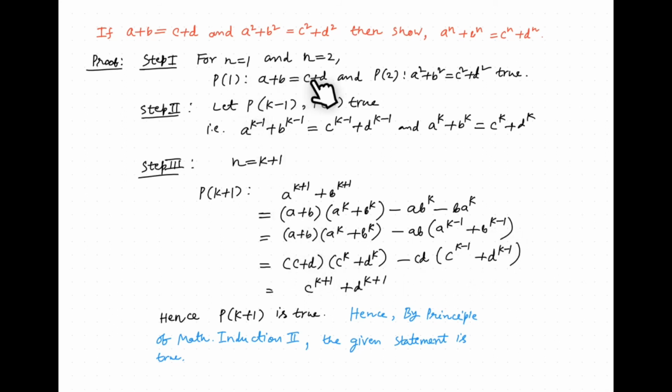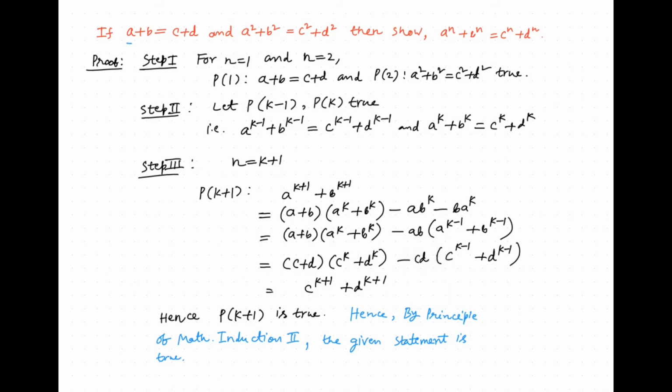Now as P1 is true, that is a plus b equals c plus d, we will replace a plus b by c plus d, and we will also replace a to the power k plus b to the power k by c to the power k plus d to the power k. Now here we are replacing ab by cd. This is because